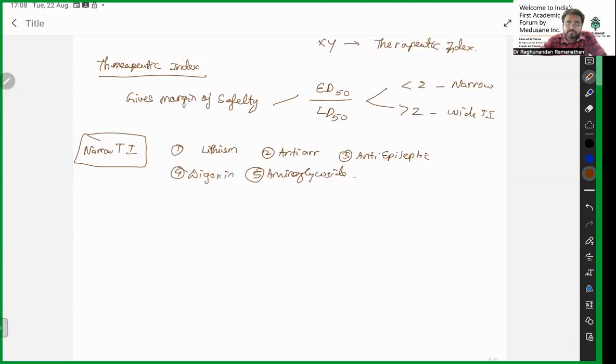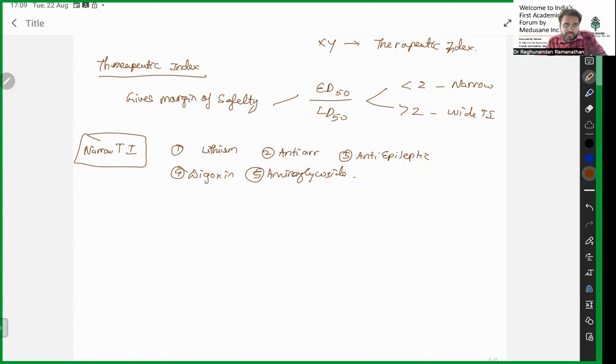Now moving on to places where therapeutic drug monitoring is not needed: drugs with a wide therapeutic index, or where the effect can be easily measured, like antihypertensives, anti-diabetic drugs and anticoagulants. There is no relationship between the concentration and the effect, as in hit and run drugs and prodrugs, which are based on potency. Therefore you don't need to monitor the drug. This comes to the end of pharmacodynamics. Today we discussed pharmacodynamics and tomorrow we will discuss pharmacokinetics.